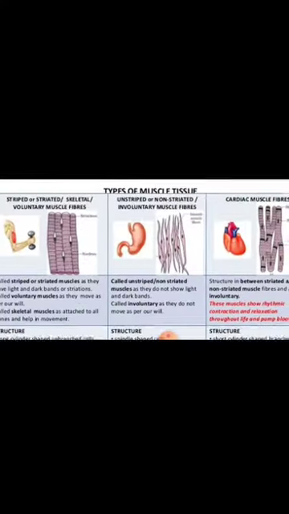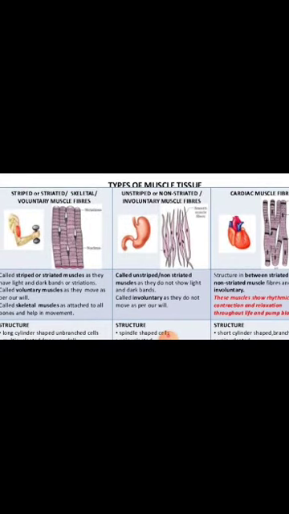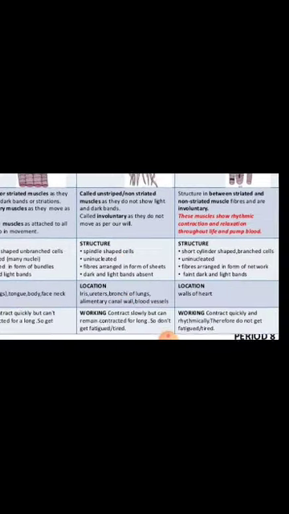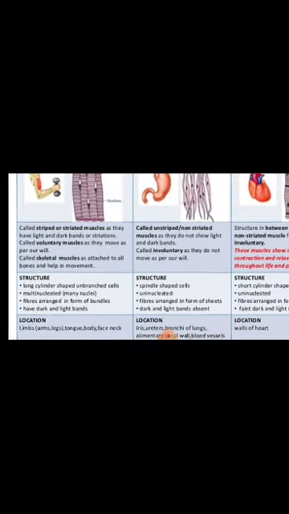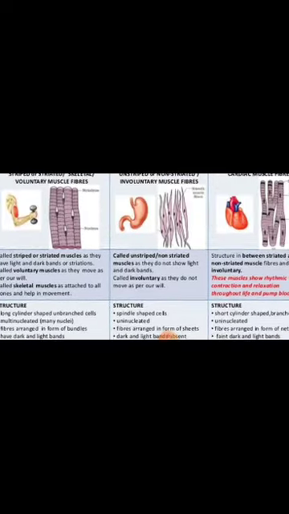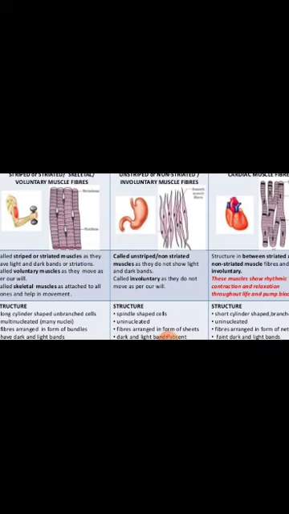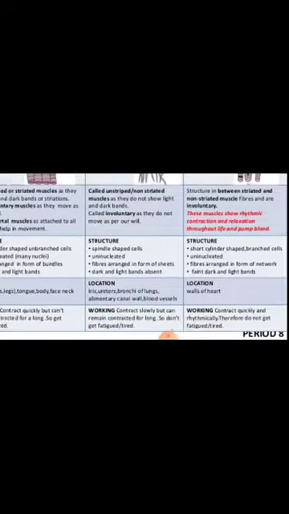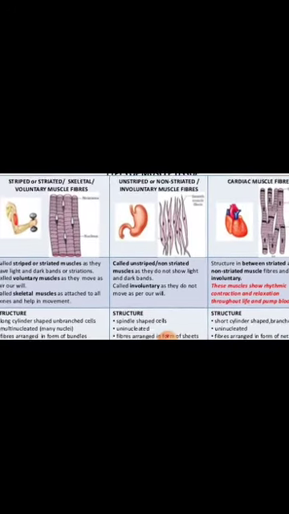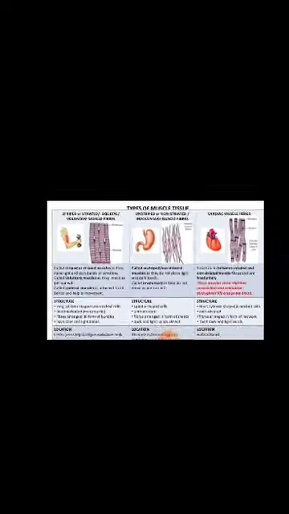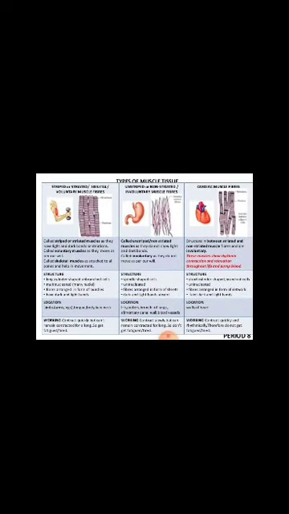Now when we talked about the muscle tissue, here I have given it in the form of a flow chart. So this shows how it is in the structure. You can see the figure, you can see where it is found, you can see its location and its working. So here it's just a quick recap on the flow chart of the muscular tissues. We have already discussed it, so I'll not discuss it further.